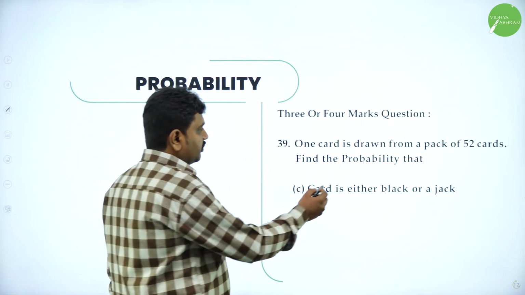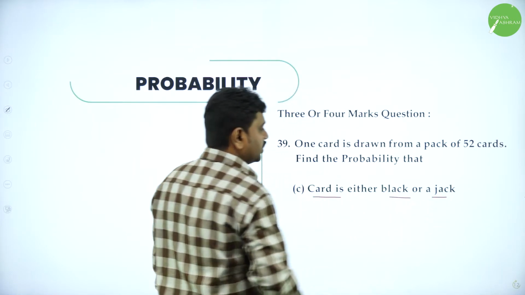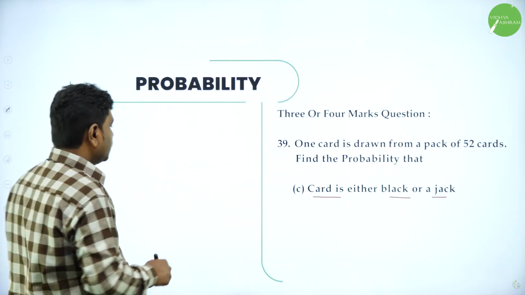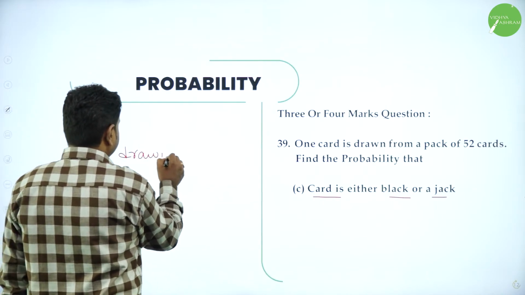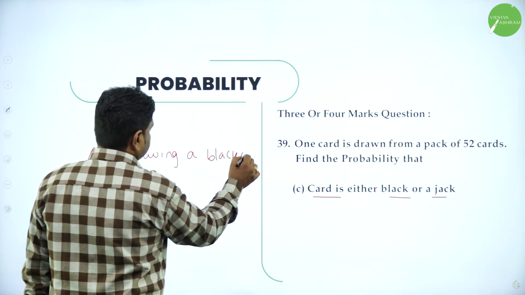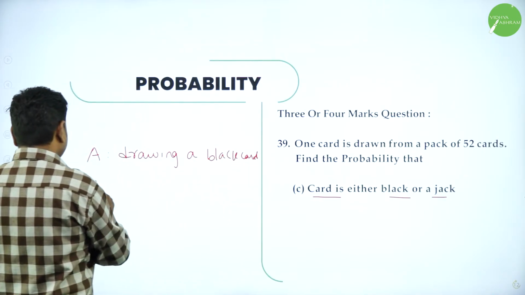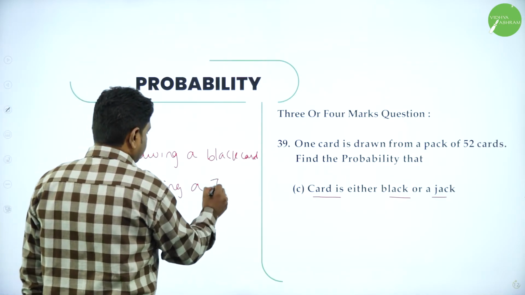One card is drawn from 52 cards. Find the probability the card is either black or jack. Either black or a jack. So event A, drawing a black card. Event B, drawing a jack.